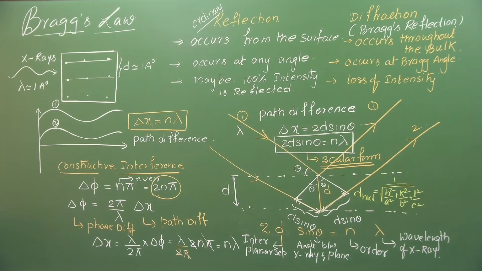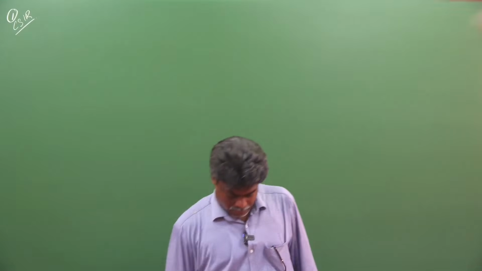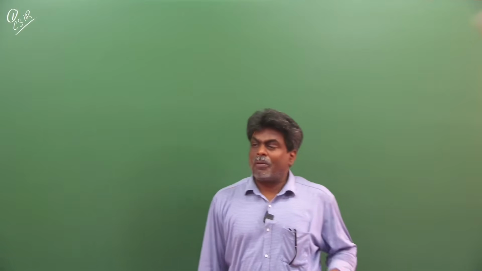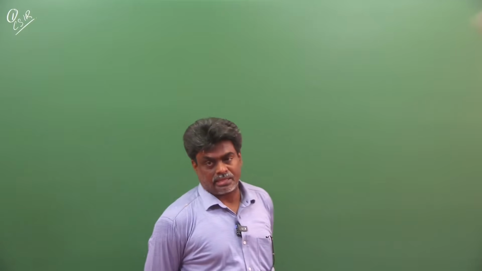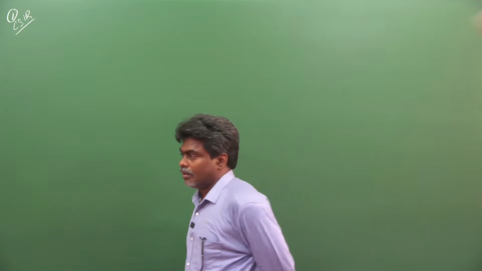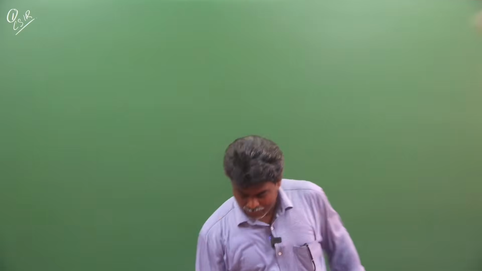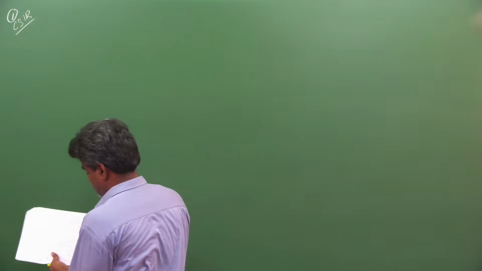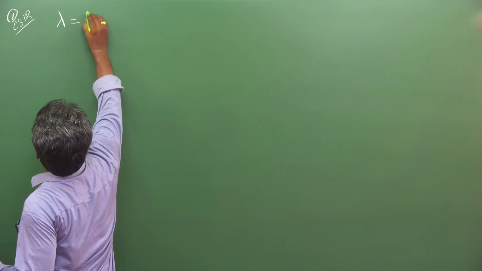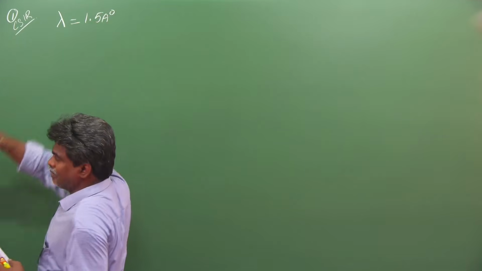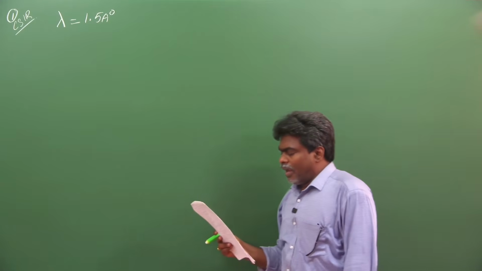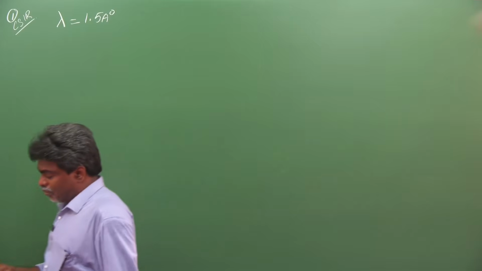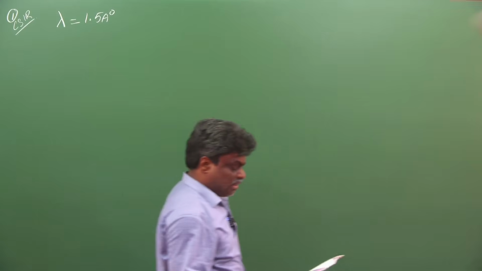Right now, first problem. CSIR question. A narrow beam of X-rays with lambda equal to 1.5 angstroms. I didn't spend much time on this because you know from intermediate. Let us proceed. A narrow beam of X-rays with lambda equal to 1.5 angstroms is reflected